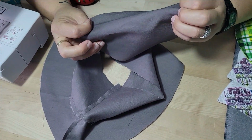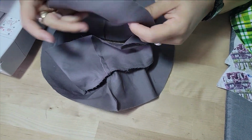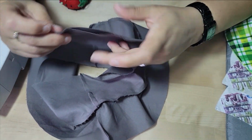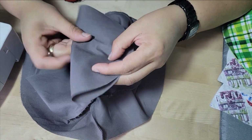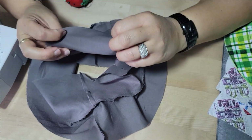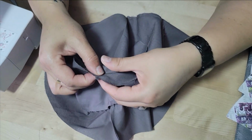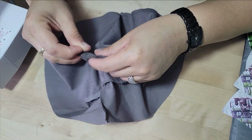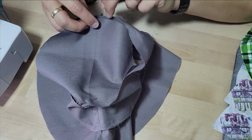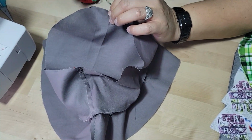Okay, pretty side to pretty side. Let's see. This is my pretty side. A little trick that I did, I folded my circle piece in half. And when I folded it in half, that's the pretty side. I then used that to line up to pin towards my seams. Okay, very helpful because obviously you don't have a line, but I wanted to ensure that I evenly pin the crown portion. And I am definitely going to use a zigzag stitch at this part